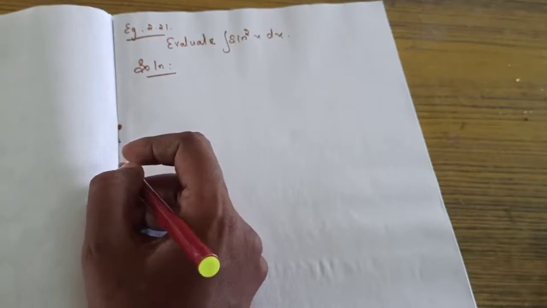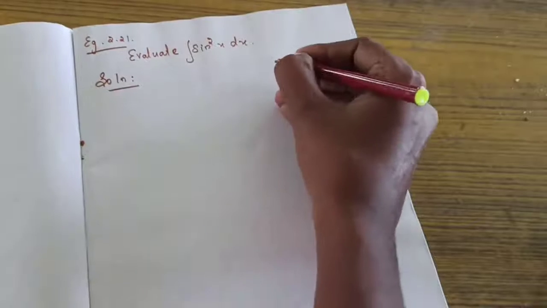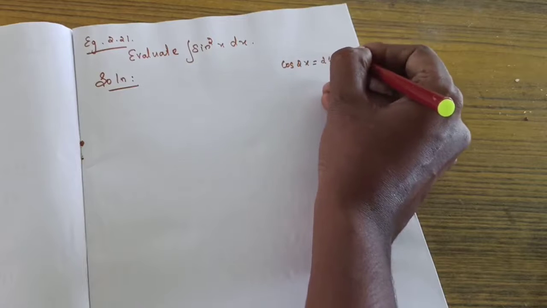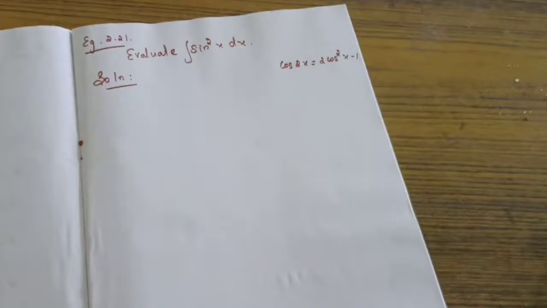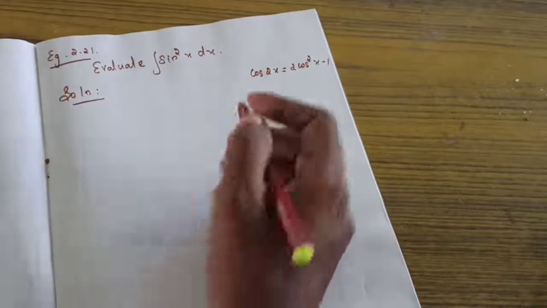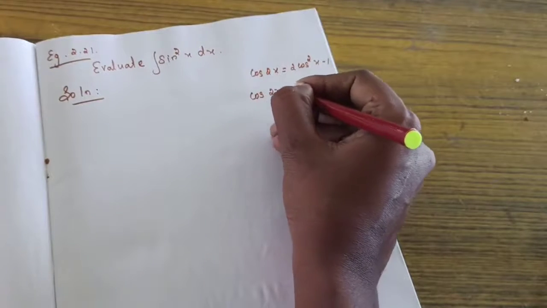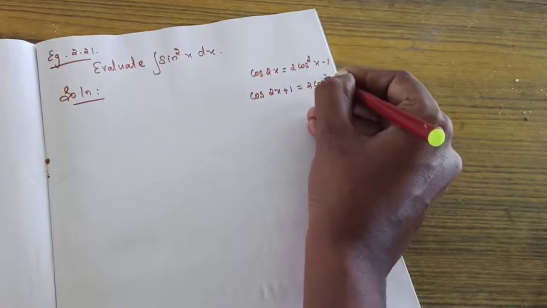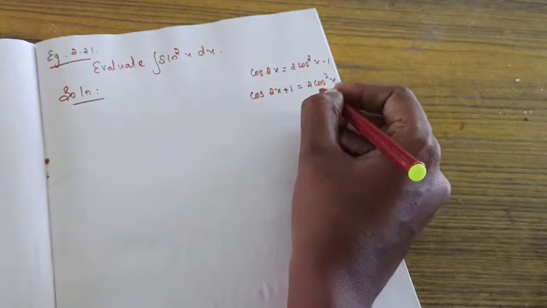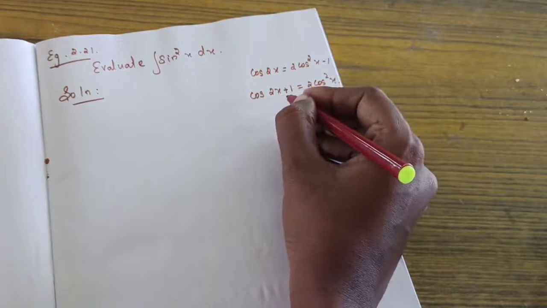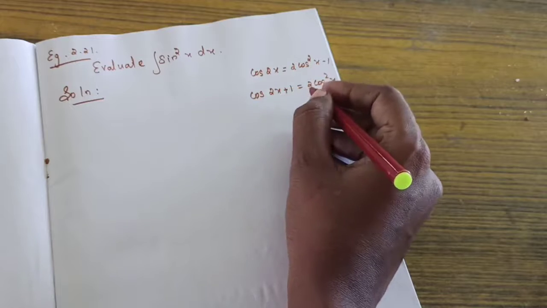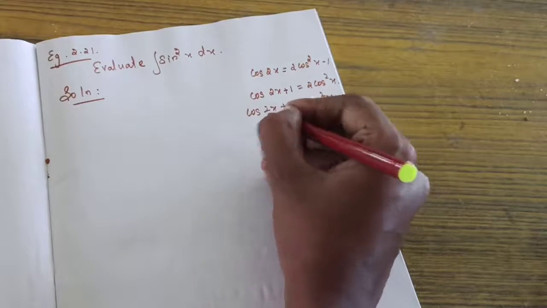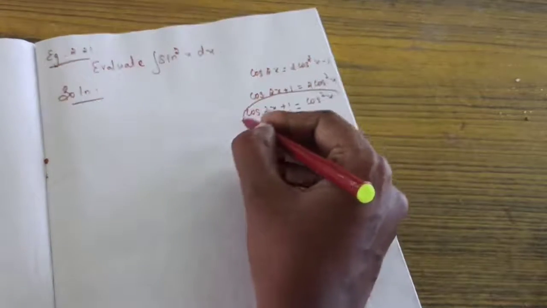Solution. Listen here students. Evaluate sin square x dx. Before we do this question, we need to learn something. That is cos 2x. You have learned the formula last year. What's the formula? 2 cos square x minus 1. Remember, take down the formula and learn. If I am bringing that minus 1 to this side, what will happen? Cos 2x plus 1 is equal to 2 cos square x. So if we need the cos square x formula, we bring the 2 to here. Cos 2x plus 1 divided by 2. Correct? This is the formula for cos square x.